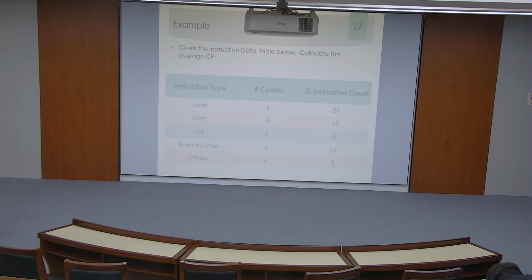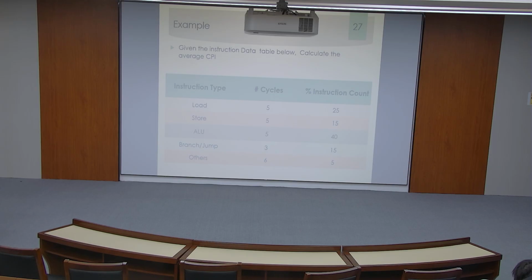How much is it? 4.75 cycles. You take this average CPI, which equals the number of clock cycles for the load instruction, 5, and the percentage count for instruction count is 25%,